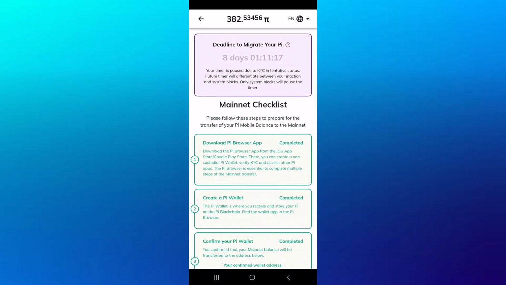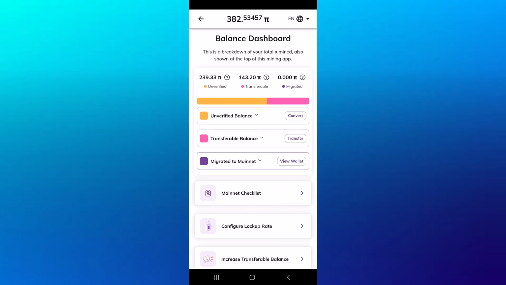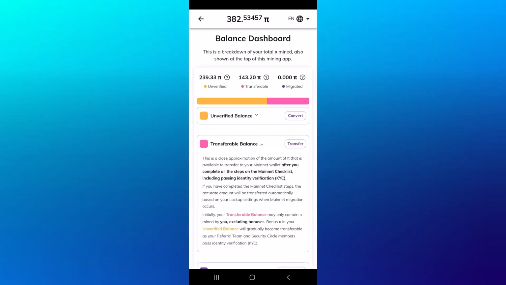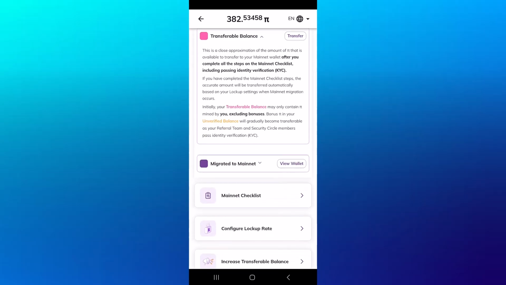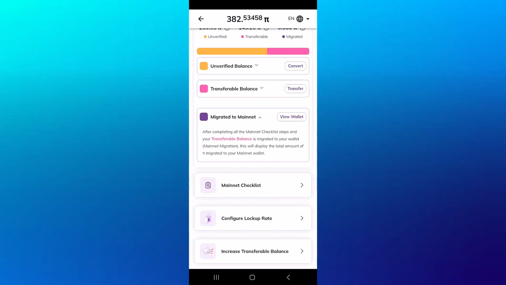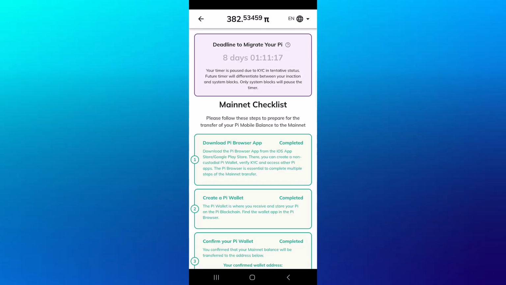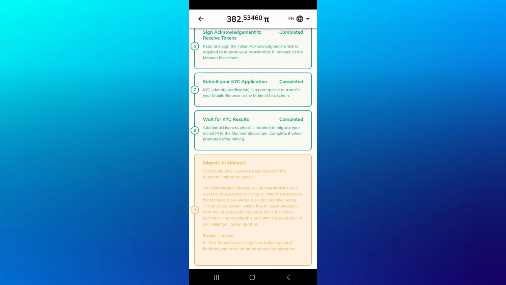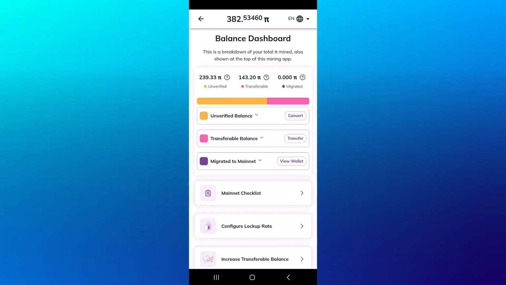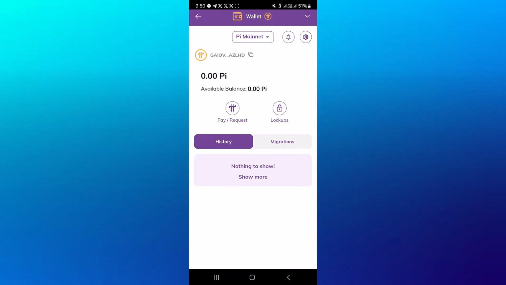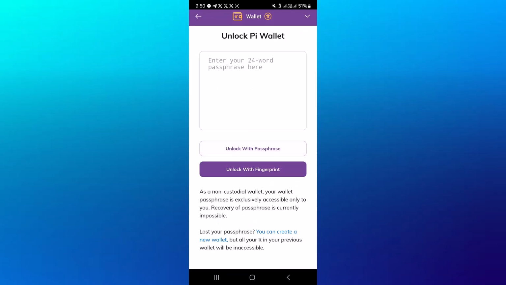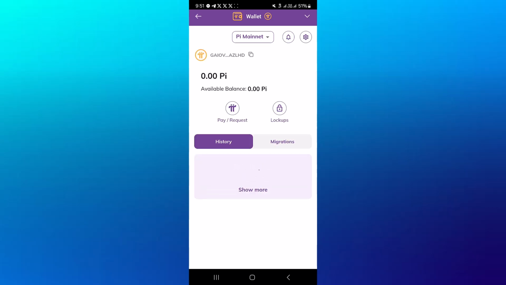So once you've completed this, head back, and where we have migrate to mainnet, you're going to have to move your transferable balance to the mainnet section in order to withdraw it. So click on transfer and make sure you're done with the migration process on number 9. Once you've transferred your Pi to the mainnet section, click on view wallet. You're taken to your Pi wallet here, where you're asked to unlock it using either your fingerprint or your passphrase. So once you go ahead and unlock the wallet,